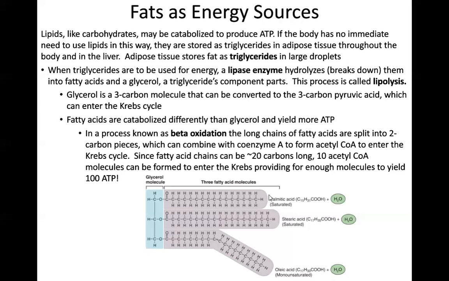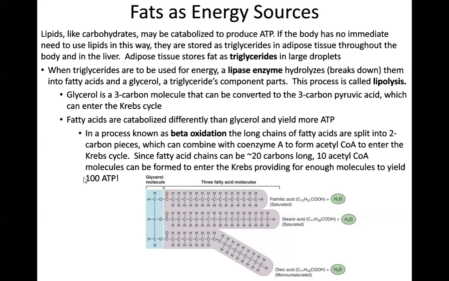And each of these fatty acid tails can contain like 20 carbons, which means you can get 10 different 2-carbon molecules, 10 more here, 10 more here. You can get a whole bunch of things that can enter the Krebs cycle,